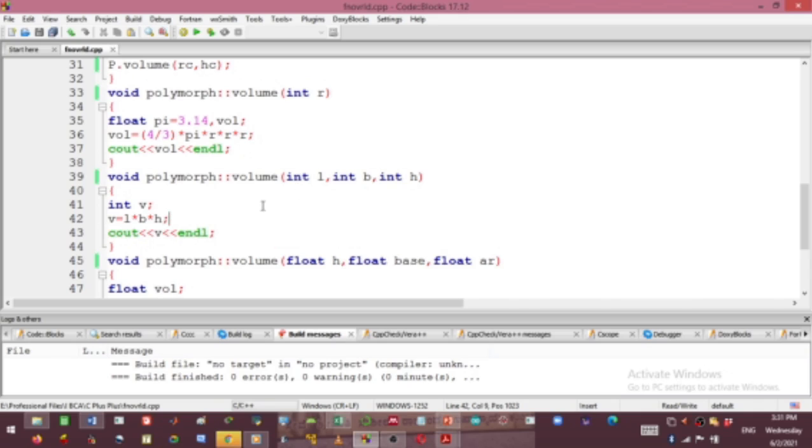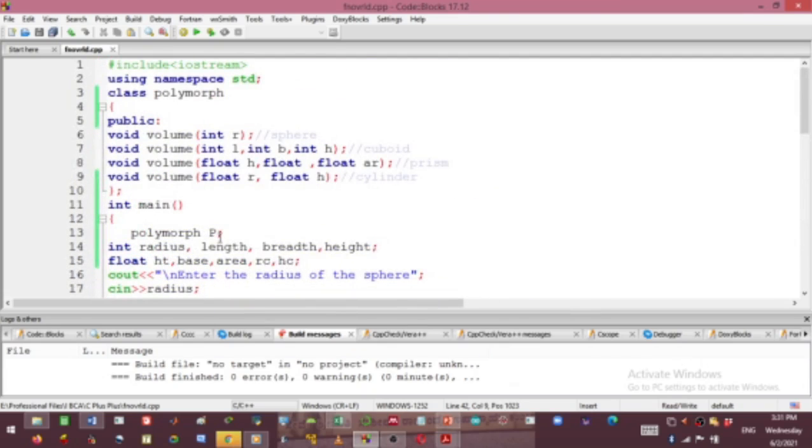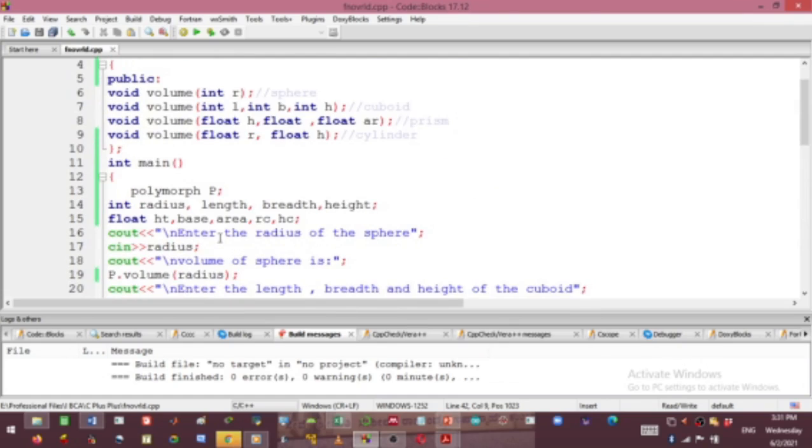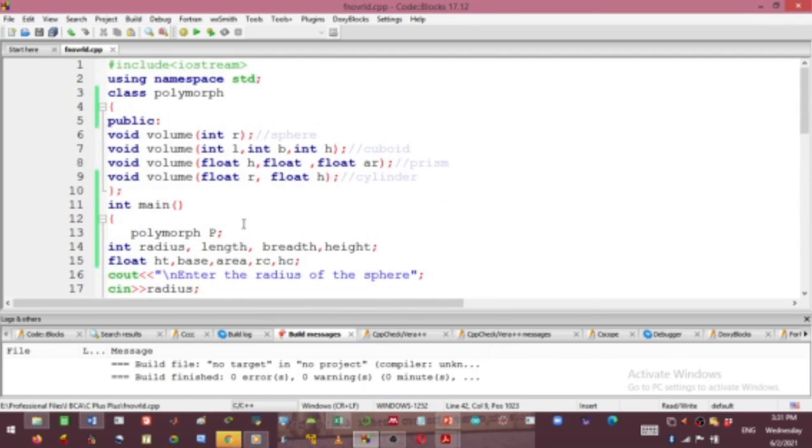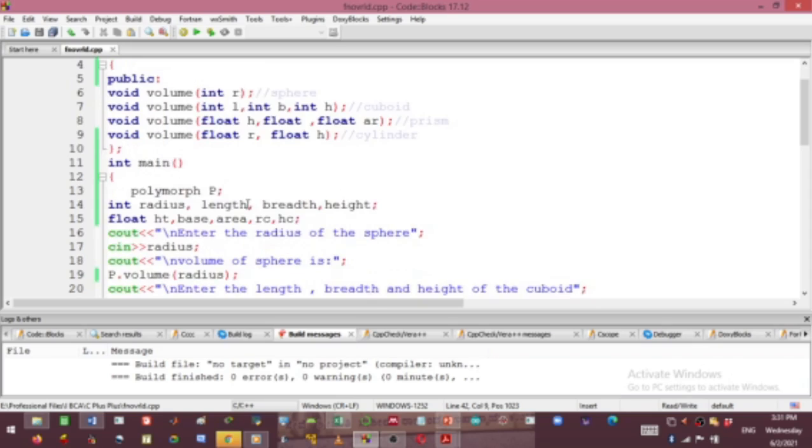This is why we assumed the L, B, H values of a cube are all integers. Thus we have studied the polymorphism technique using the volume function to calculate volumes of four different objects, and another concept we studied here is function overloading.